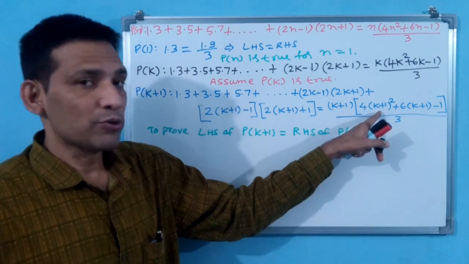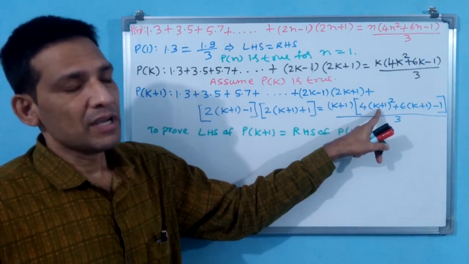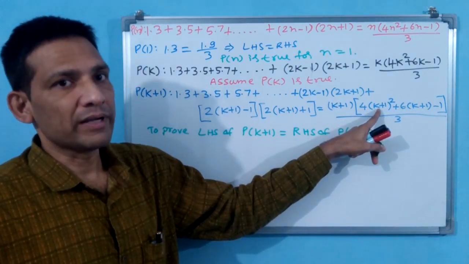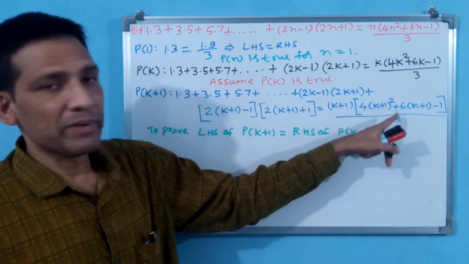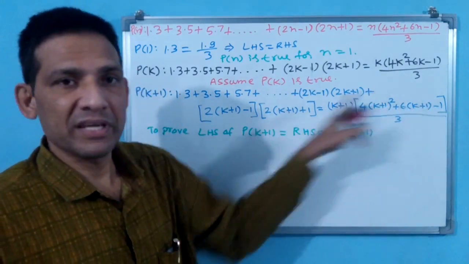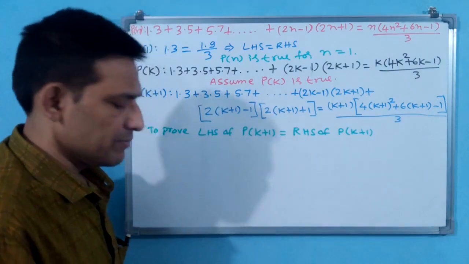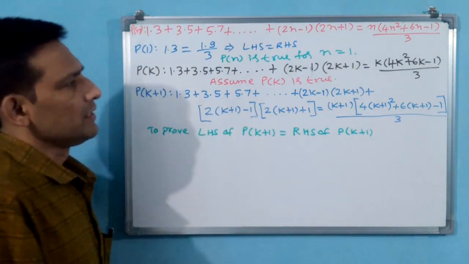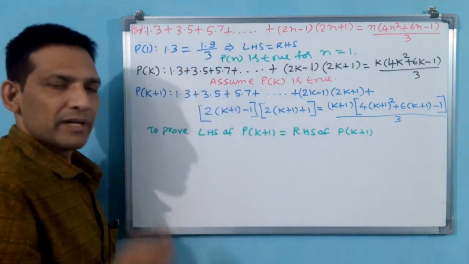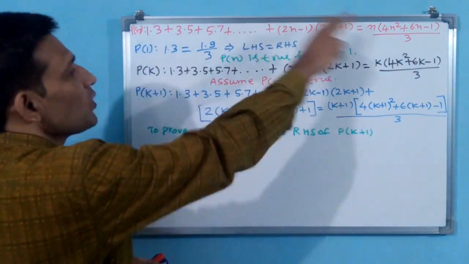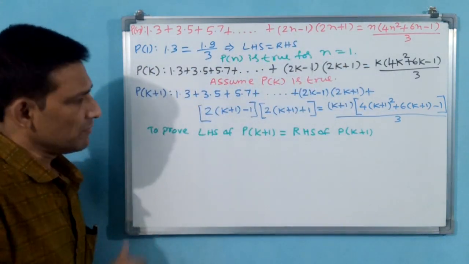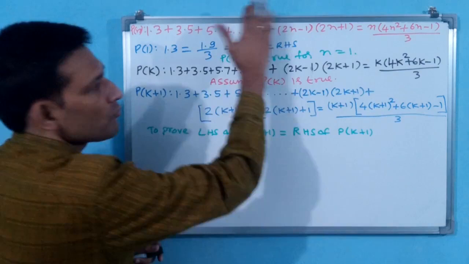But here you don't know. First you have to expand k plus 1 whole square. Afterwards you have to multiply. Then finally you have to multiply with k, everything. See, this problem is a little bit lengthy. We will do bottom and top. Okay, after removing. You note down this one by pausing the video. Why? Because after completion of here, then we go for top.